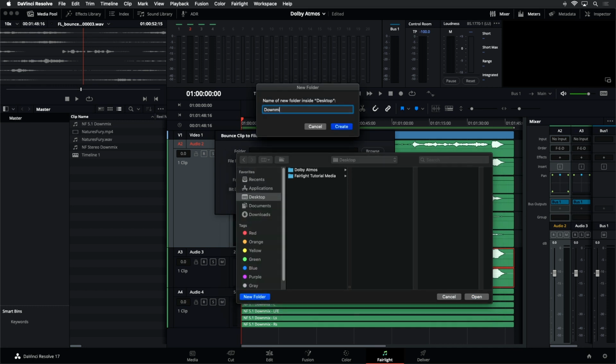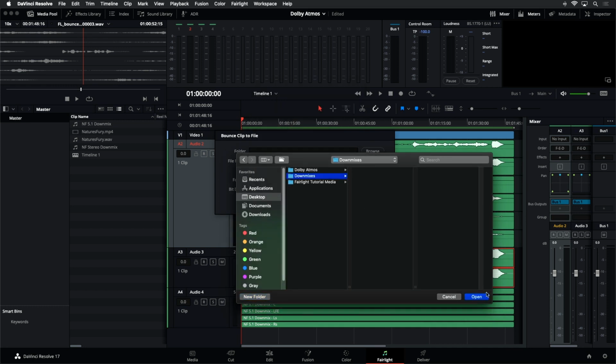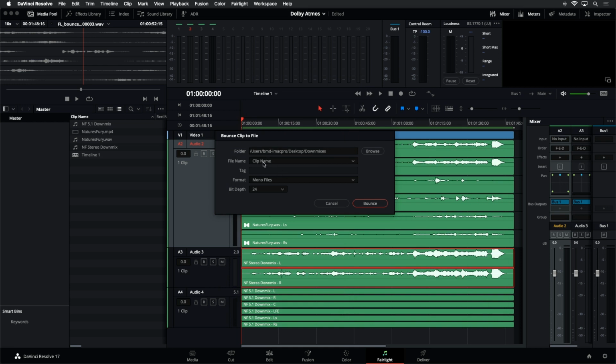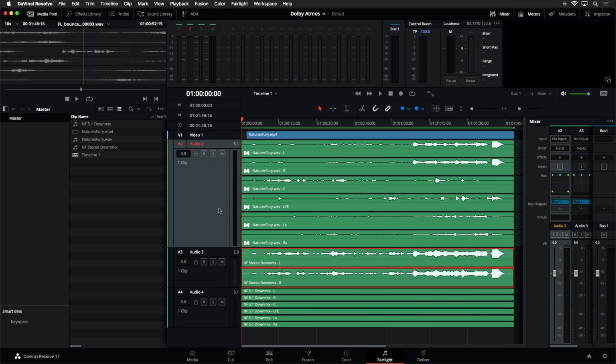Downmixes. There we go. And it will just use the clip name. It will output it as either mono files or multi-channel files. I'll go ahead and output it as multi-channel files, and bounce, and done. That one's already sitting there. Now before I